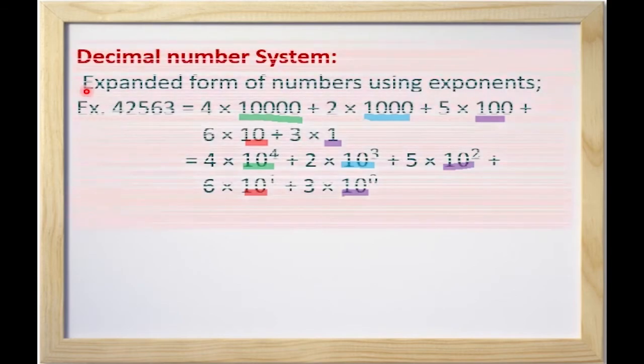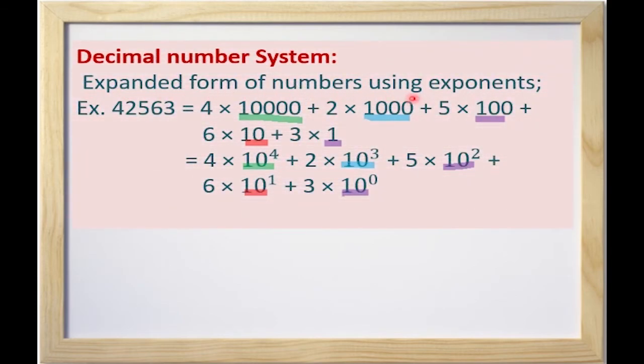Children, today we are going to learn the expanded form of numbers using exponents. For example, let us expand the number 42,563 in the decimal number system. We know, children, the expanded form is given by 4 into 10,000 plus 2 into 1000 plus 5 into 100 plus 6 into 10 plus 3 into 1. Now we are going to expand the same number,